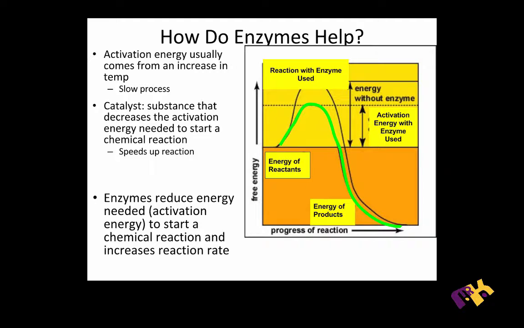So we kind of make a note that the activation energy used with the enzyme is less. And then notice that our energy of products at the end, we still get to the same end result. So whether we use an enzyme or not, the reaction that we're looking at is still the same. We still have the same reactants, we still have the same products. The difference with no enzyme to with an enzyme is how much energy did it take to get it started in the first